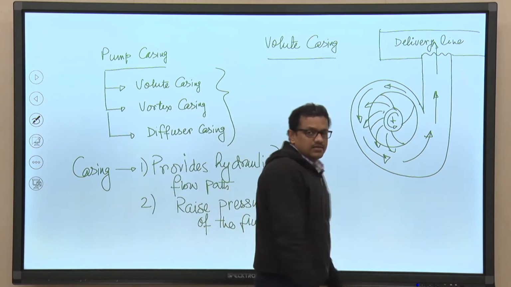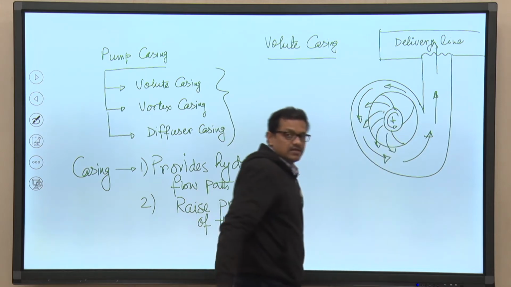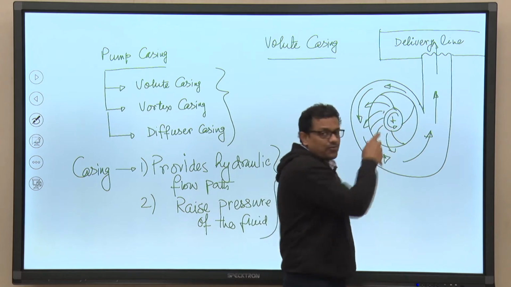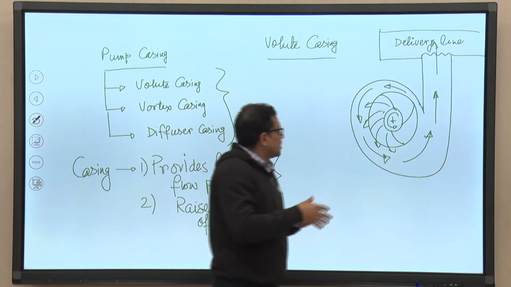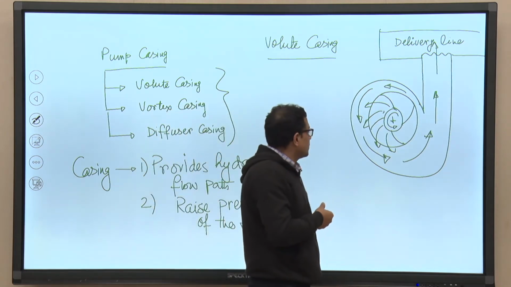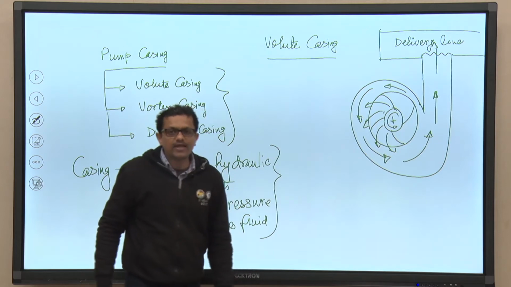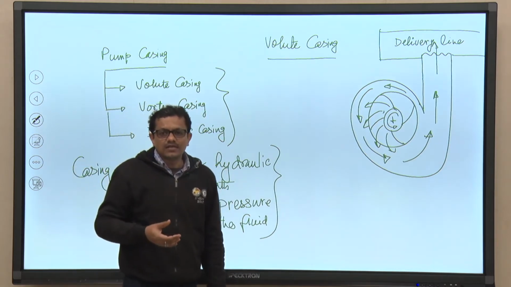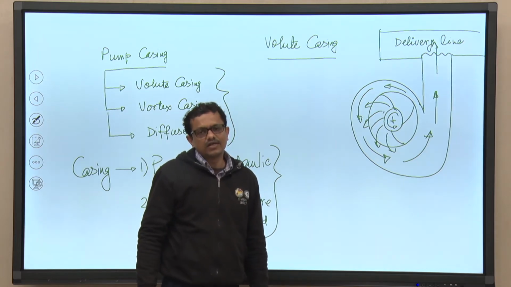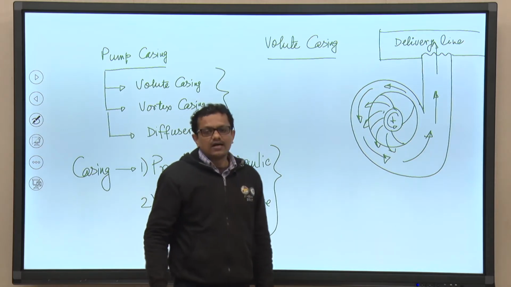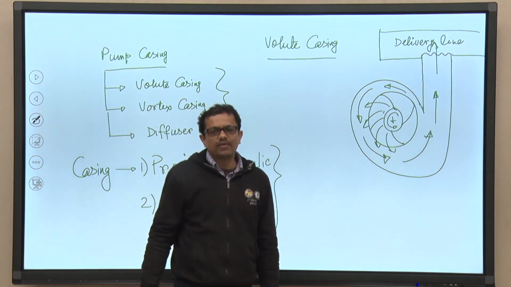If you try to look at it, what we can see, when water is coming out from the impeller outlet, right, we need to provide flow path of the water which is coming out from the impeller, and in the direction of flow path we can see there is a gradually increasing flow area, and it is because of this reason we can arrest the kinetic energy, we can kill the kinetic head and we can convert into the pressure head, and we can meet the demand of the system in which pump is installed.